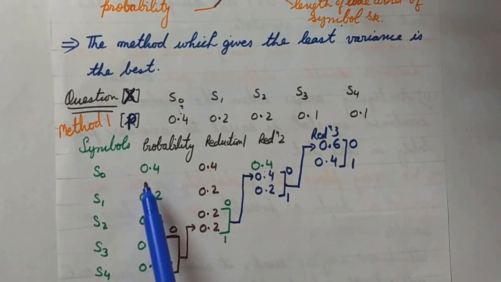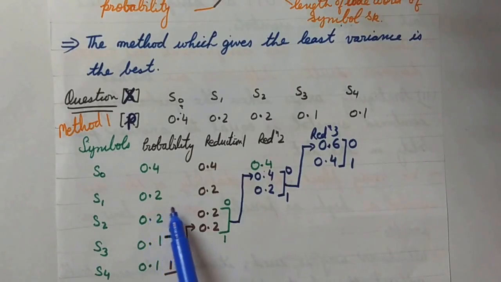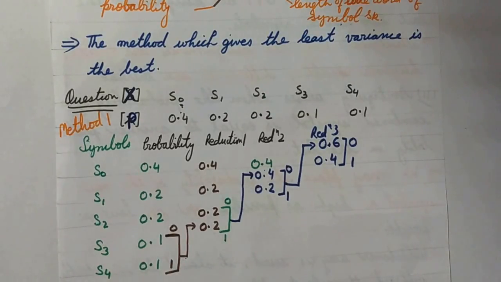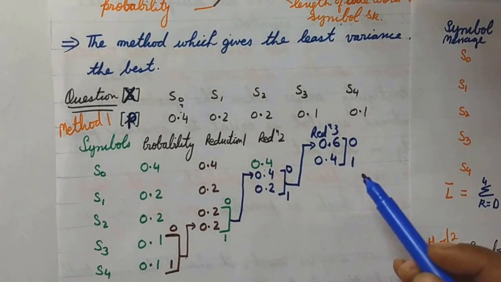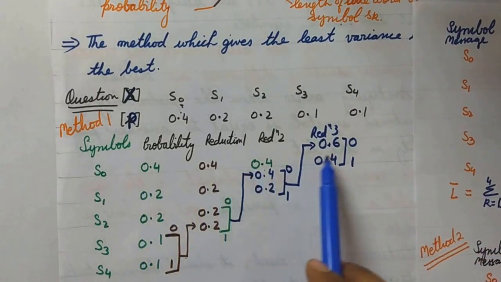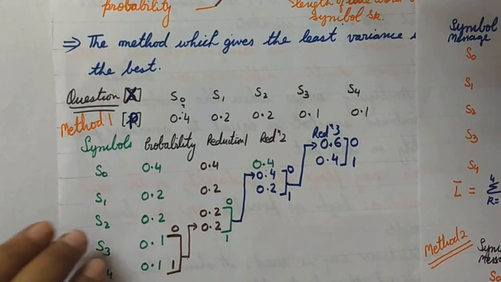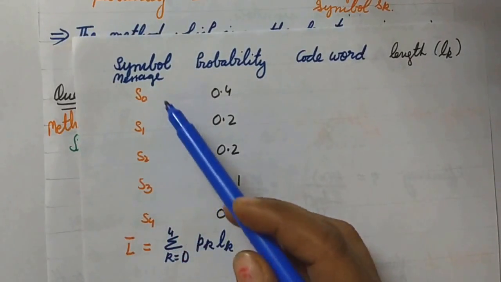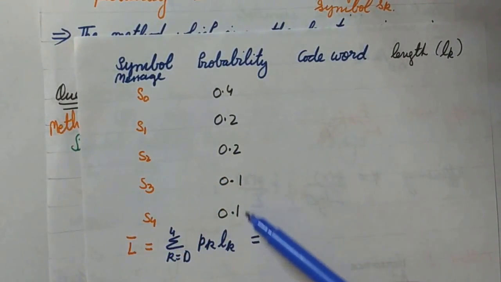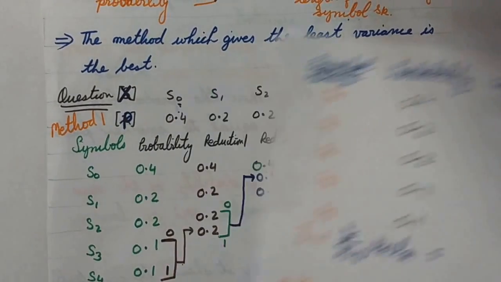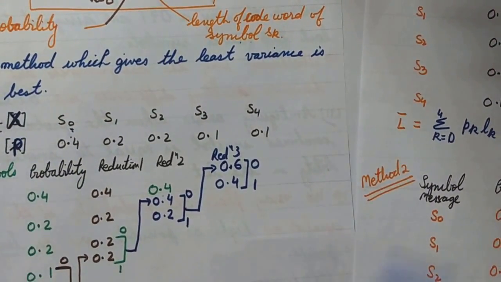So now if you see here 0.4, you can match the order. I haven't changed any order. This will help you in writing the code word. Now you have to write the code words, and for writing the code word, you have to move, and then you have to write the code in the backward direction. It means, if I want to write the code for S0, I have just placed all the symbols here. I have placed the corresponding probabilities here, and then I'm going to write the code and its length here. So for S0,